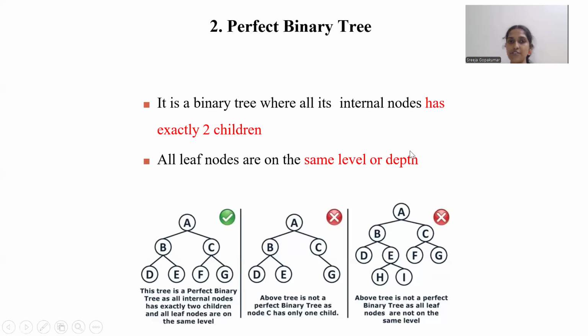So as per the definition of perfect binary tree, it is not a perfect binary tree since it is not satisfying the perfect binary tree property. So when coming to the last example,